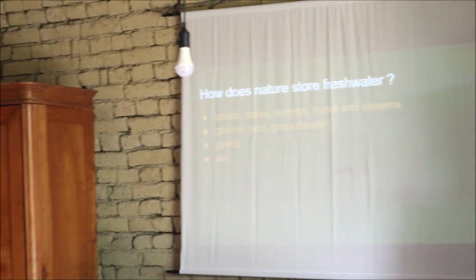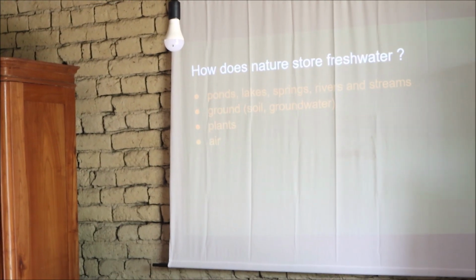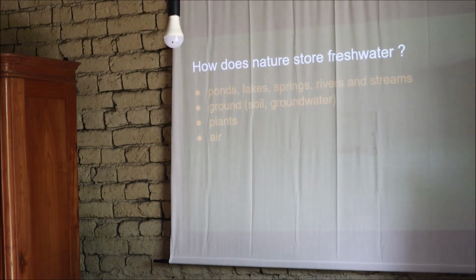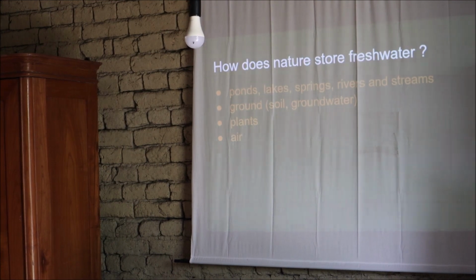So let's see. Some of the things I didn't mention: the ice, but ponds, lakes. This is surface water basically. So what we can see right away with our eyes if you walk around: ground, soil, groundwater. But plants, if you see a forest, you're seeing a huge storage of water. The trees themselves, they transpire, they create humidity in the air, and it's on a massive scale. So they create their own microclimate.